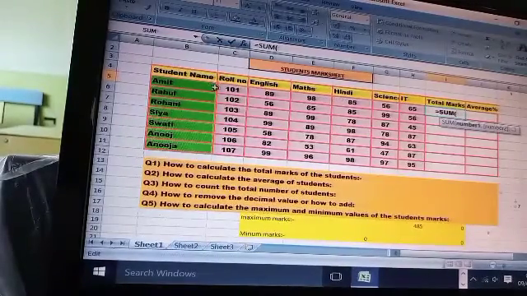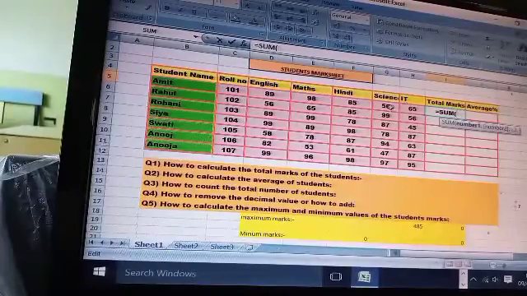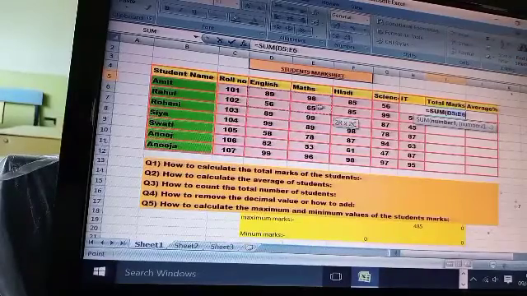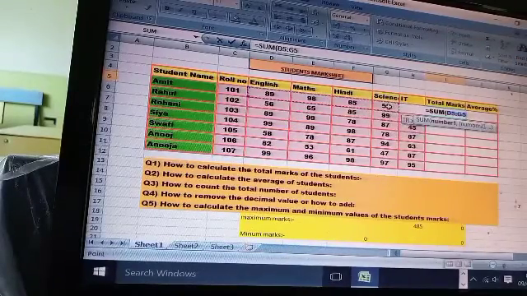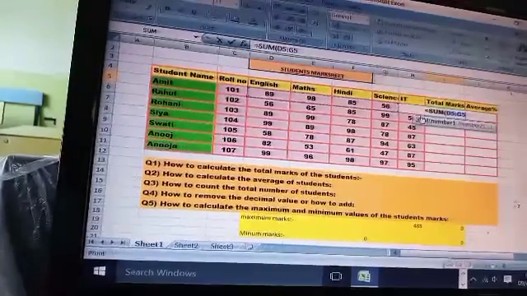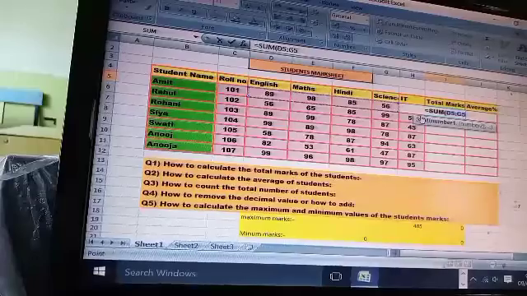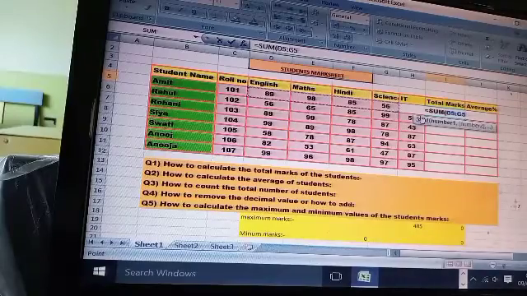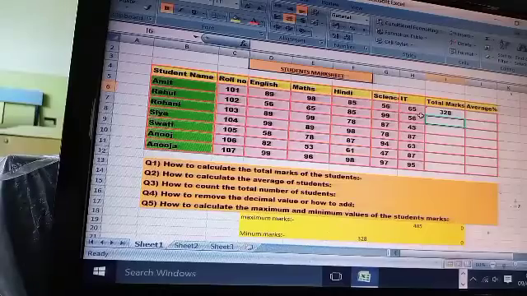Don't select the range from the roll number. We are calculating the marks, so from English onward. The calculation is going on, you are mixing it. So we got the address D5, up to which subject are we counting? G5. Now close the bracket. Press the shift button and Enter. So you got the total.